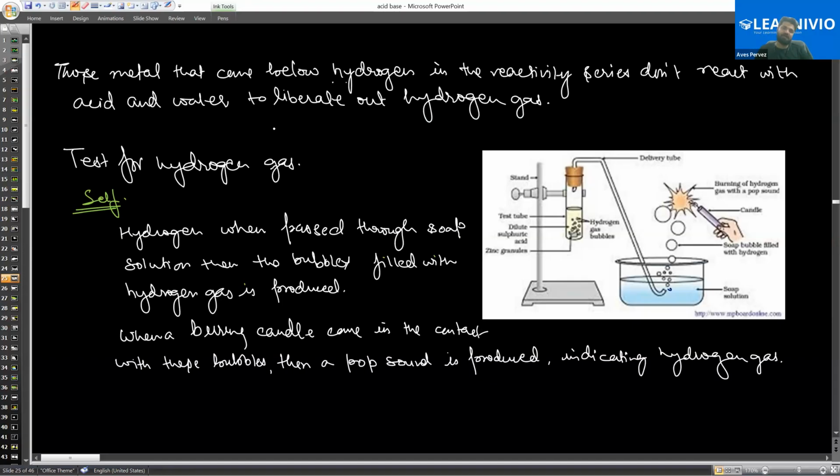ओके, सो चलो, you have to note it down that those metals that come below hydrogen in the reactivity series do not react with water to release hydrogen. जो नीचे आएंगे वो नहीं कर पाएंगे। ओके, एंड वन मोर थिंग, चलो पहले लिखो, इतना 2 लाइन लिखो।